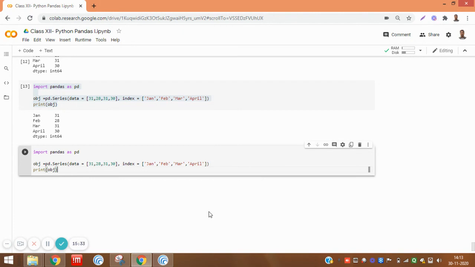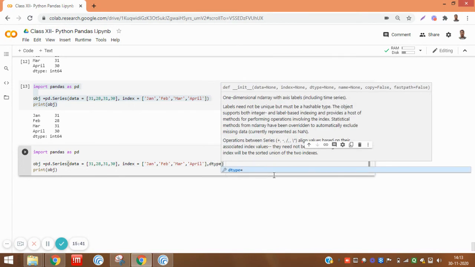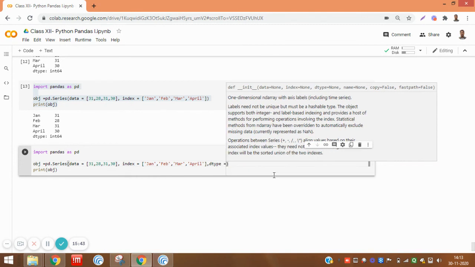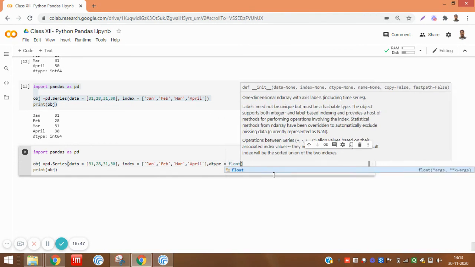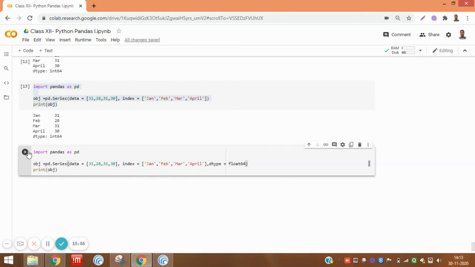Okay, so check here if you can give the data, comma, dtype equal float64. Okay, then run and see if any error.